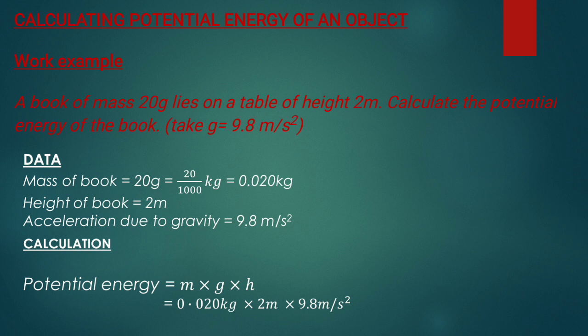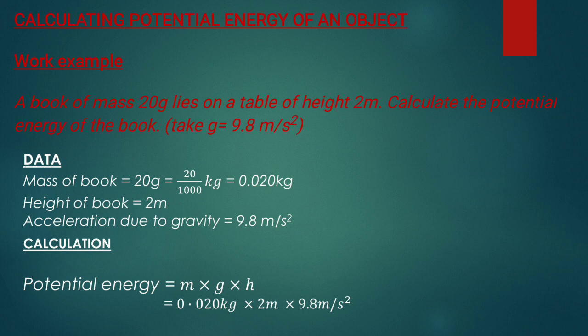So from here, you write the data. Mass of book equals 20 grams. Remember, the grams will be changed to kilograms by dividing 20 by 1000. And so the result is 0.020 kilograms